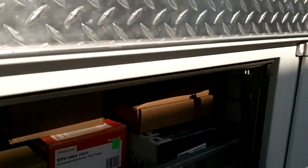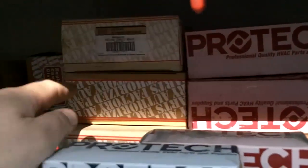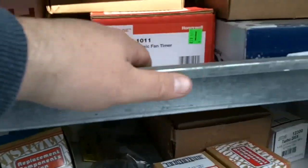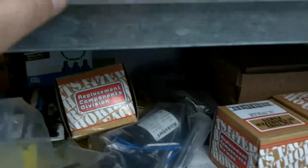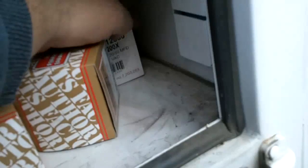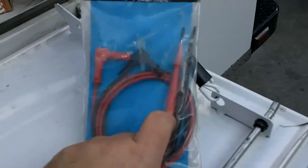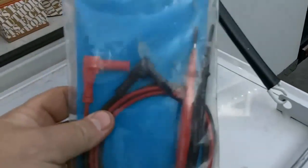But here's where I keep my control boards. Got my Rheem and Ruud. I got my Carriers. Got my universals. I got some York ones in here somewhere. But universal run caps right here. Turbo 200s. Kickstarts. Got some extra Fieldpiece, a great meter. The only problem I've had with them is these leads will break inside, so I keep a spare on my truck. Aqua guards